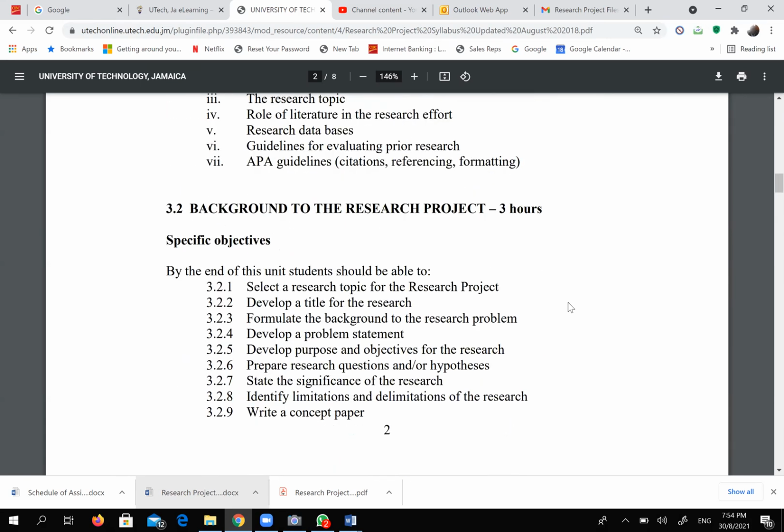3.2, background to the research project. And that will take us another 3 hours, but specific objectives by the end of this unit, right? So you should be able to select the research topic for the research project. And as I said, most of you probably would have had that project brought over from the research that you did before. And if not, by the way,